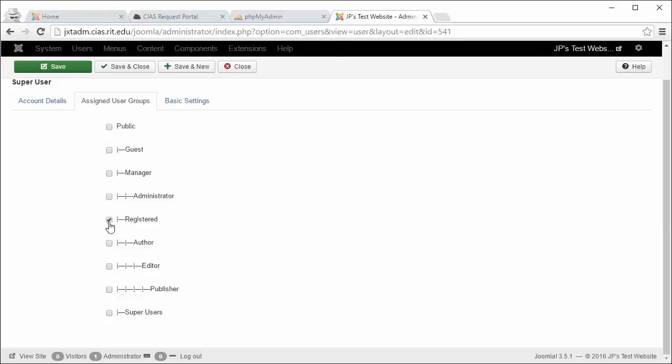But if I wanted to perhaps make them an author, I would go into the user component and select this. You can see how it's kind of indented, so it would take this as the default or the highest level setting. Likewise, if I wanted to make them an administrator, I could do that here. Likely, we don't want to make really anybody else except us the super administrator. I'm going to close out of this.